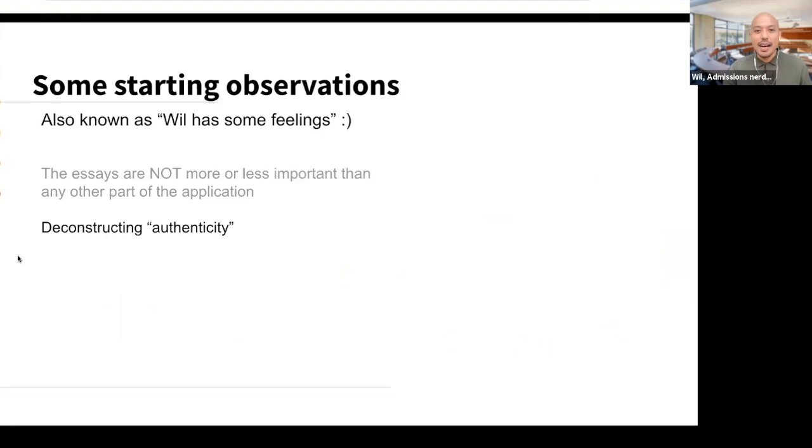Okay. Authenticity. This word gets thrown around so much. What is authenticity? Rather than trying to fit into a mold, how do you define it? I think at the baseline, who are you? Are you speaking from a place of your own experiences? Are you using the language and words and phrases that feel natural to who you are, where you come from, the way you engage with the world? When you're able to speak from that place of truth, that's where that authenticity comes from.